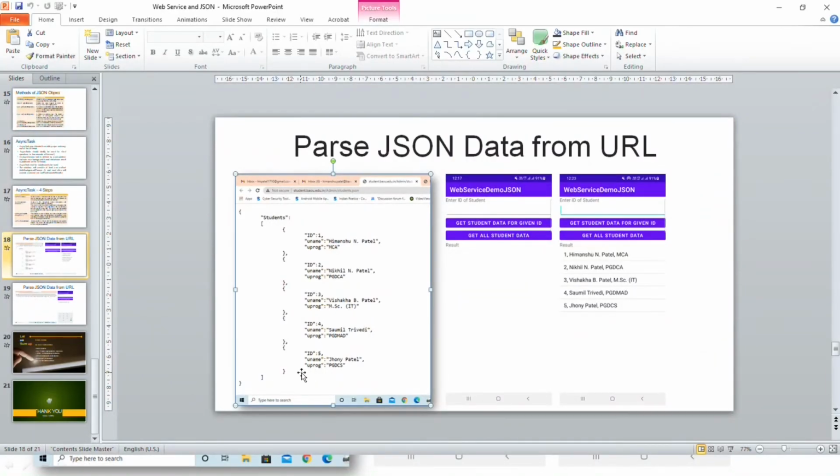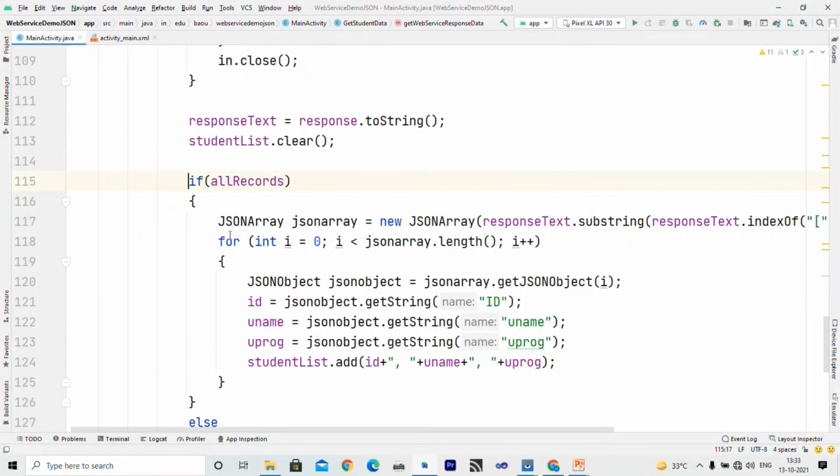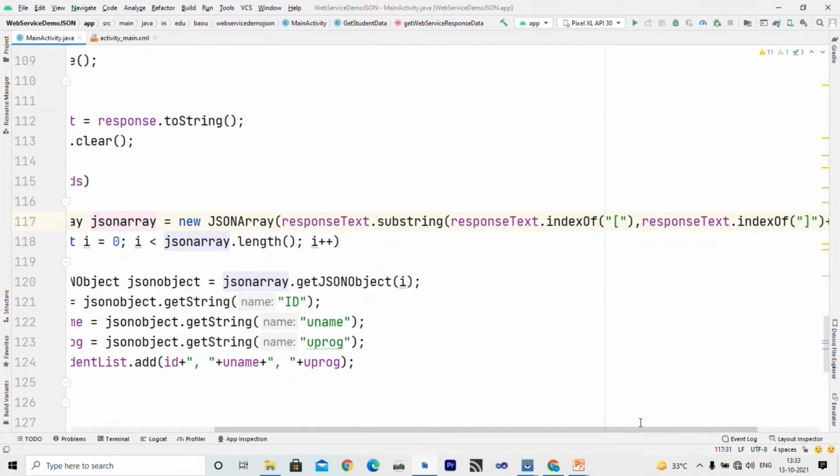So what I write here is JSONArray jsonArray equal to new JSONArray. I want to create one array, and that array should be represented by responseText.